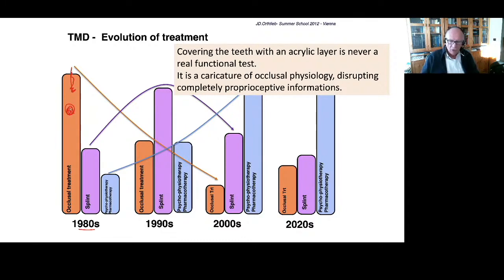We adjust all the patients for anything. I did it. Splints, not a lot at this time. And psychophysiotherapy, very, very low. In the 90s, it is a splint period. Occlusal treatment is decreasing, and physiotherapy,